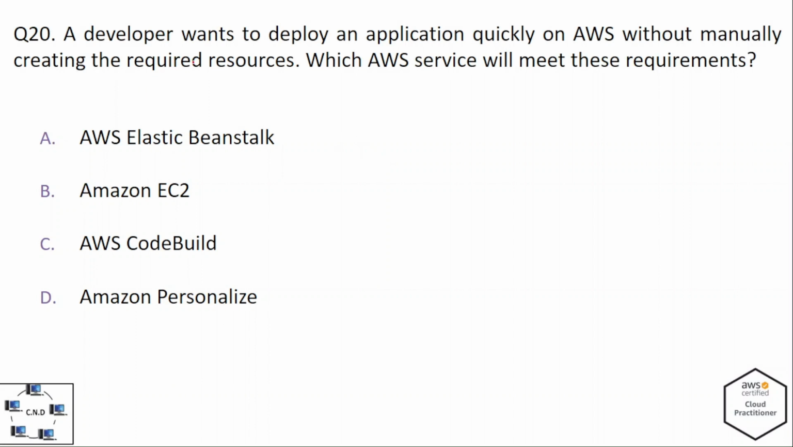And the question is, a developer wants to deploy an application quickly on AWS without manually creating the required resources. Which AWS service will meet these requirements? The options are A. AWS Elastic Beanstalk, B. Amazon EC2, C. AWS CodeBuild, and D. Amazon Personalize. And the correct option is,